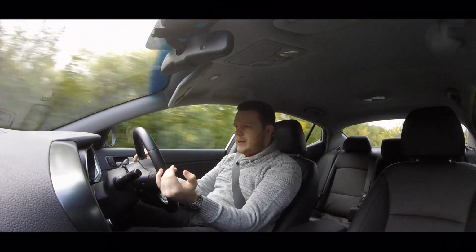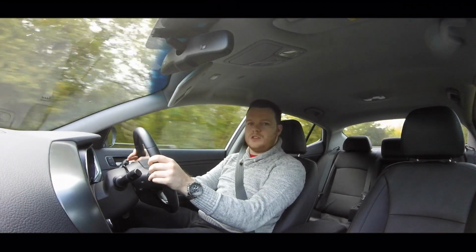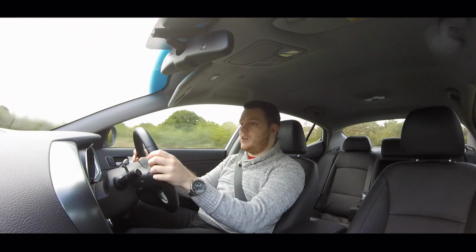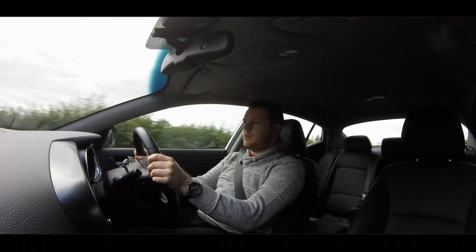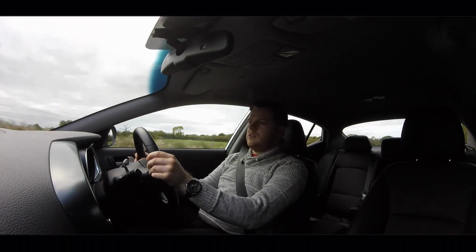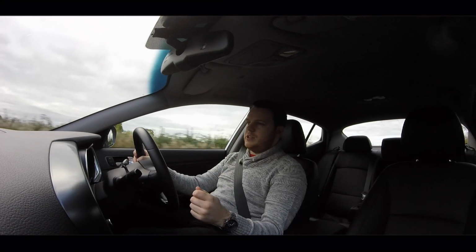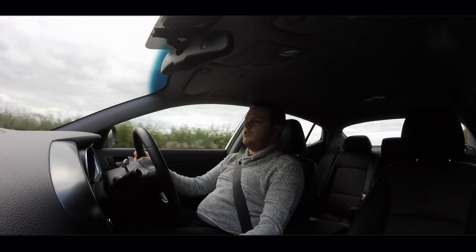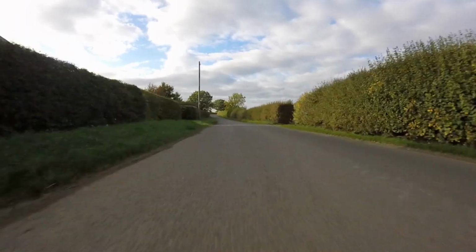So for me, I always look when I first step into a car. There's a couple of points I always try and make sure I address, and number one for me is driving position, because if you're not comfortable in your driving position, you're going to get tired really quickly. You're not going to have enough